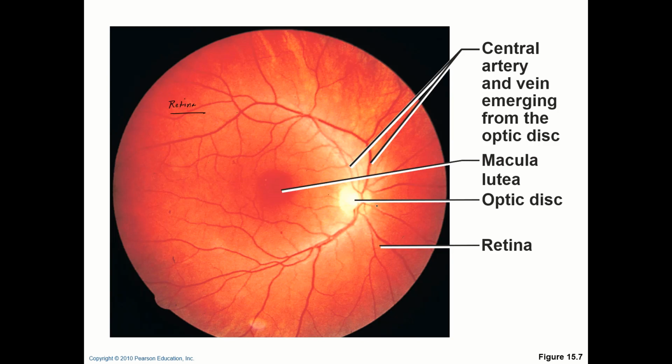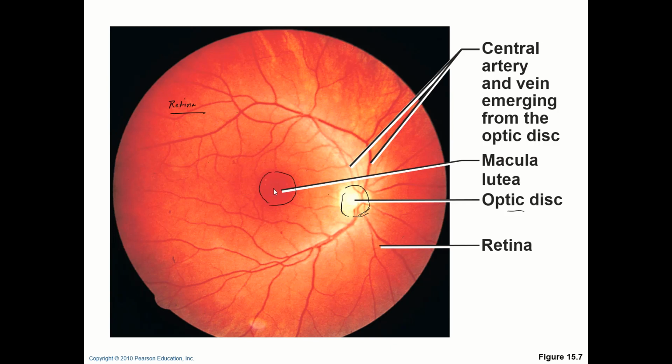Now you remember the area where there is no retina, no photoreceptors, the blood vessels enter and the optic nerve is also attached. That is the optic disc, also called the blind spot. So you see no photoreceptors are here, no retina. Now if you see the center of the retina,